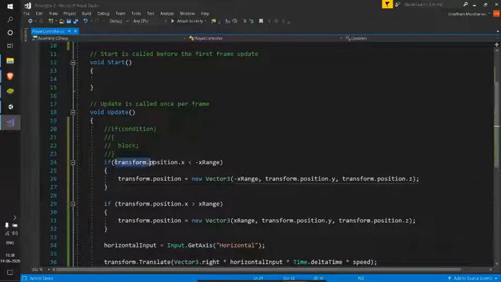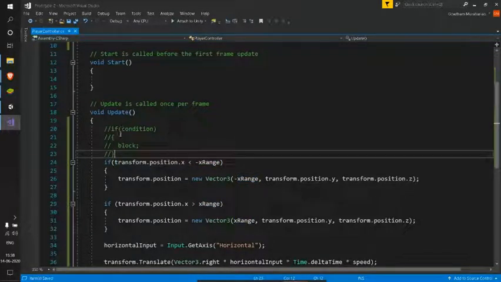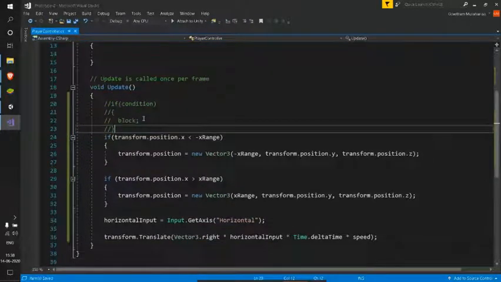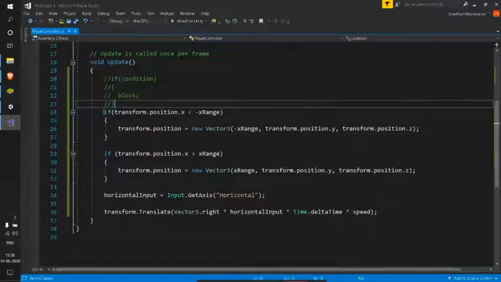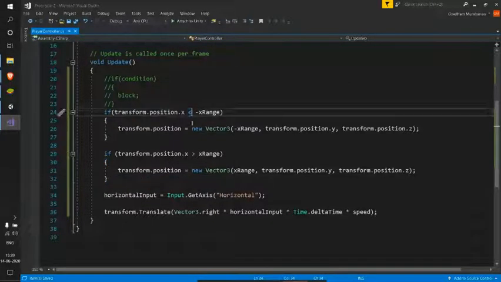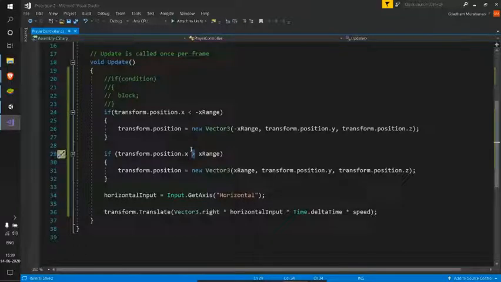We can add logic to our code using this if statement, so based on a condition we can perform something. With that we have successfully restricted our player on both the left side and right side, and we have used the greater than and less than operators in the condition of the if statement. So with this we finished our first lesson.